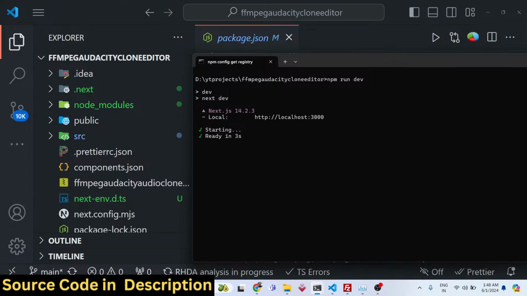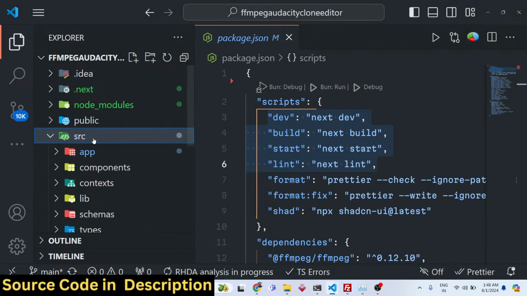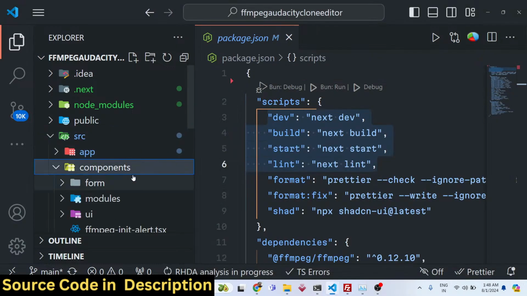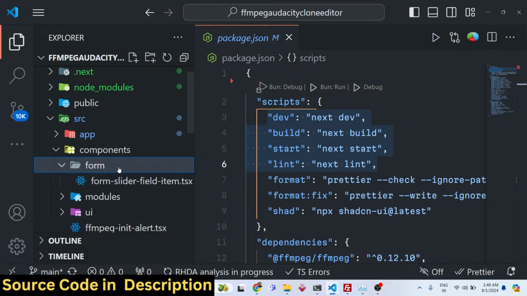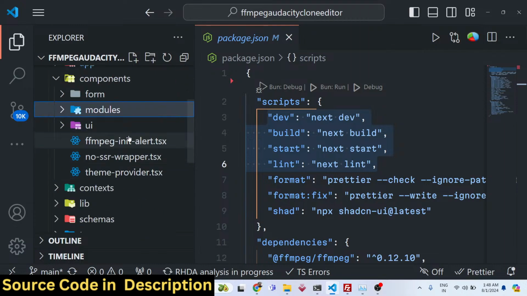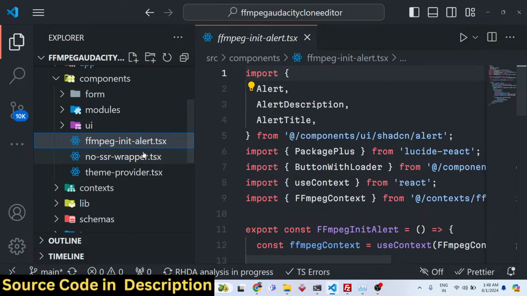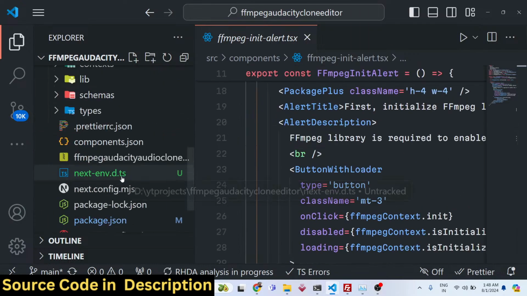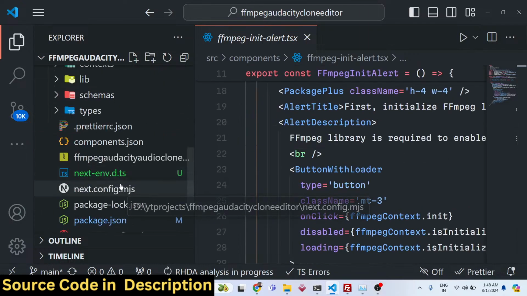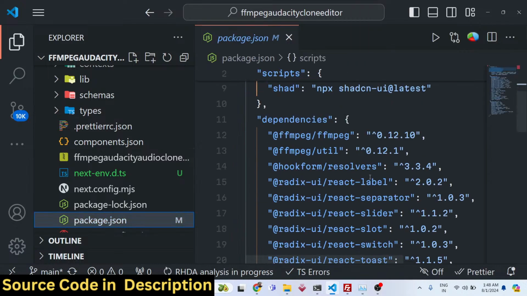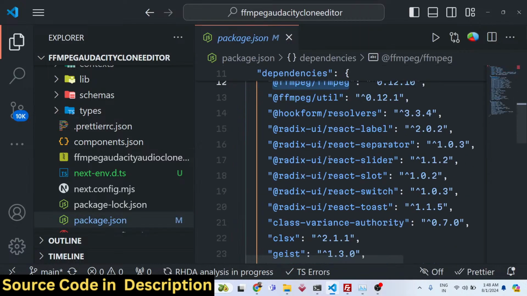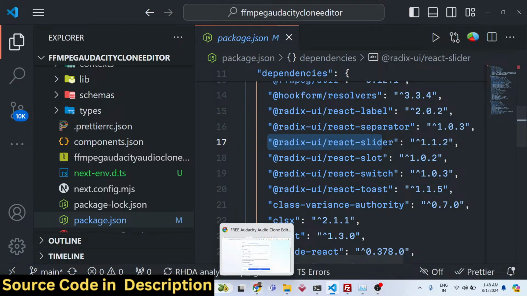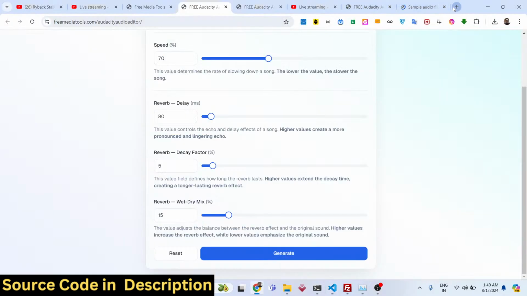So it's a great software, guys. It's a great tool if you are starting out on Next.js. If you want to use the FFmpeg WebAssembly library to make these cool little projects for your university or college as well, if you are applying for a job, it's a very good project. You can see we are using the FFmpeg library, and we have used Tailwind CSS and Shadcn as well. You can see these are the FFmpeg library. We have used Redis UI. So what I can do, basically,